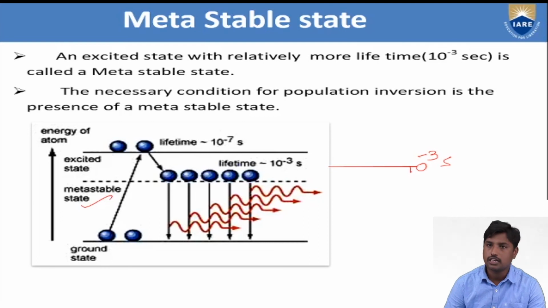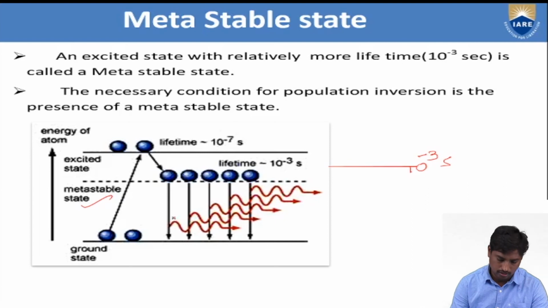So using the metastable state, we achieve population inversion. To achieve population inversion, using the pumping mechanisms, the metastable state is also one of the important factors. This diagram also represents the same thing. Usually atoms or particles are present in the ground state. By giving energy to the atoms, or by applying the pumping mechanism to the particles, atoms are excited to the higher energy states like this.